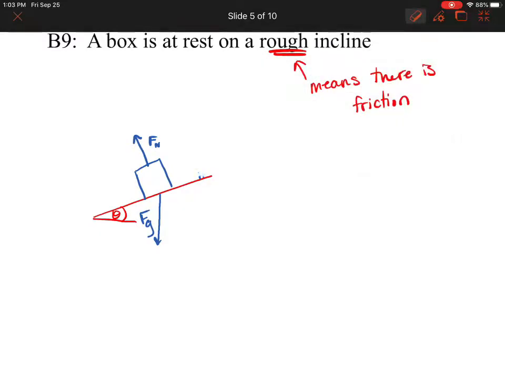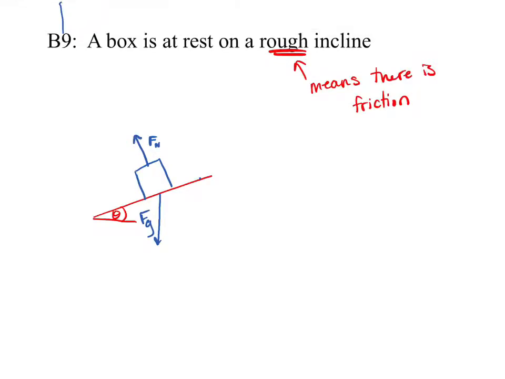Okay, so what other forces are at work? Well, rough incline, I already said that usually means force of friction, and the force of friction always opposes motion. The only problem is it's at rest. It's not motioning. It's not going anywhere. But think about, where would it usually be going if it was moving? It would probably be going downwards, right? Down the incline. That makes the most sense because, well, gravity is pulling it down. So therefore, my force of friction is going to be opposing that. So it's going to be something like that.